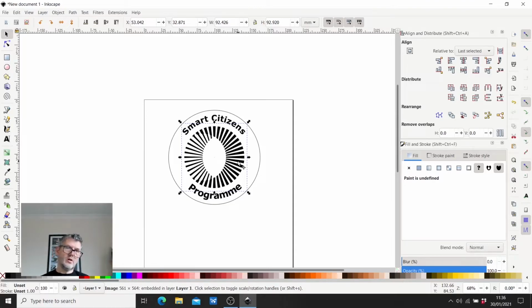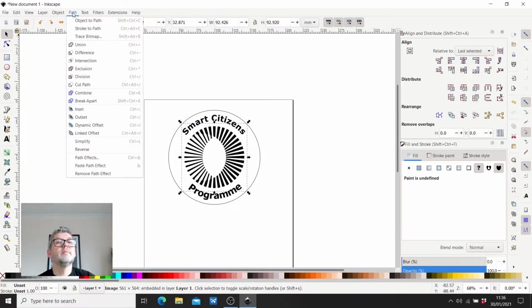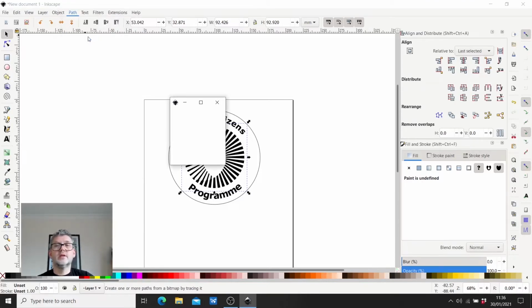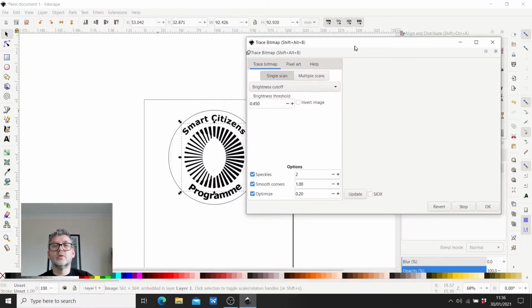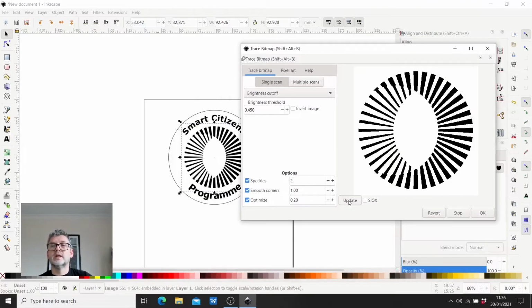So now we've got our design, but the image is still a JPEG. And we know that that's not going to go to the laser cutter, so we need to change that into a vector. And the way to do that is to go up to Path, and you can see Trace Bitmap. So I'm going to left click on that, and we get this box here. If we click Update, we'll be able to see what it sees, and it looks quite good to me, but